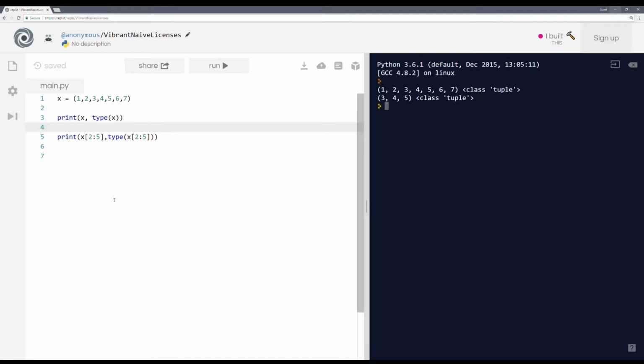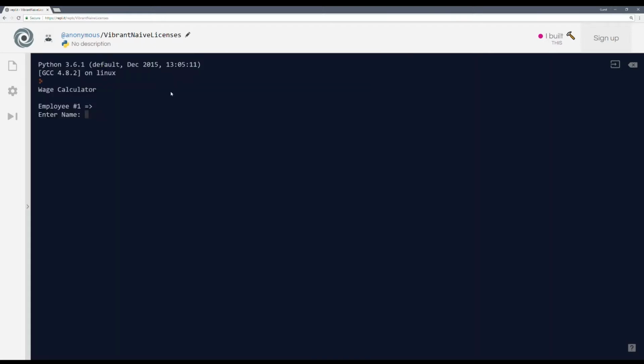Let's have a look at the problem now. So, the problem for this lesson: we're basically designing a wage calculator where, say, the employer wants to type in the employees and their details in the program, and then the program will calculate how much each employee has made. So first, the program is going to ask a few details about the employees. It's going to ask to enter the name. Let's say we type in my name, and then let's say I make $14 an hour, and then hours worked,